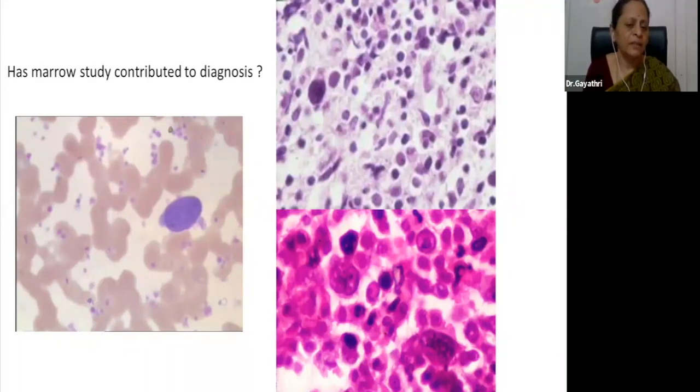Because this patient's response, this behavior to chemotherapy, is not expected to be as good as in the case with no myelonecrosis. Look at this case now. Has marrow study contributed to the diagnosis? Let's see. This cell here is a blast, but it has some funny things projecting out. These are called blebs, projections from the cytoplasm,